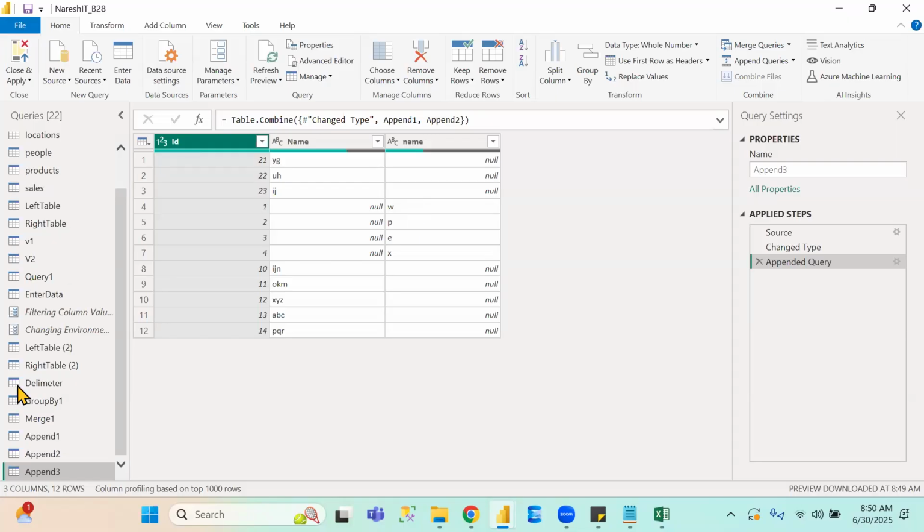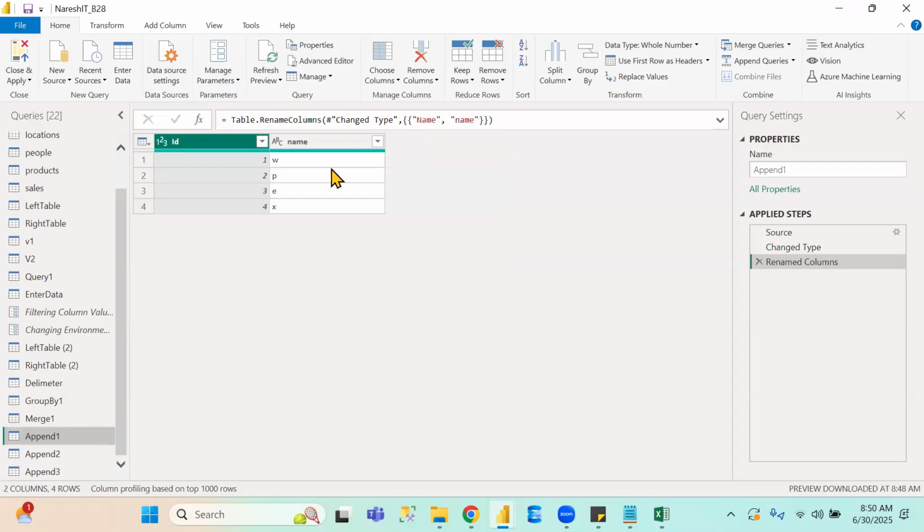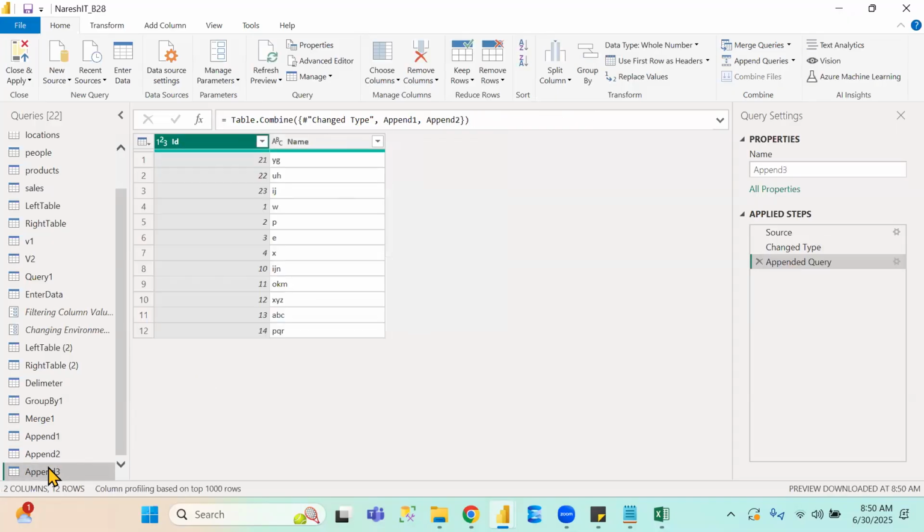Understand clearly? Okay. See here. When you remove this one and you go here, you see, understand clearly. This is how append queries will work. Any doubts in this one? Now see here. Append queries as new means